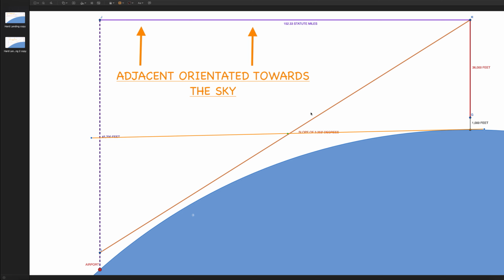So the only way for them to reach 1,000 feet above the airport and it be a globe is that they've got to start their top of descent with this angle 153 miles away from the airport. Now, if they end up 1,000 feet above the airport, they've proven a globe. But they won't. They'll end up heading towards the ground and have to pull up. They'll either smash into the ground or they'll have to pull up, because this does not work. So there you go. This is the challenge.